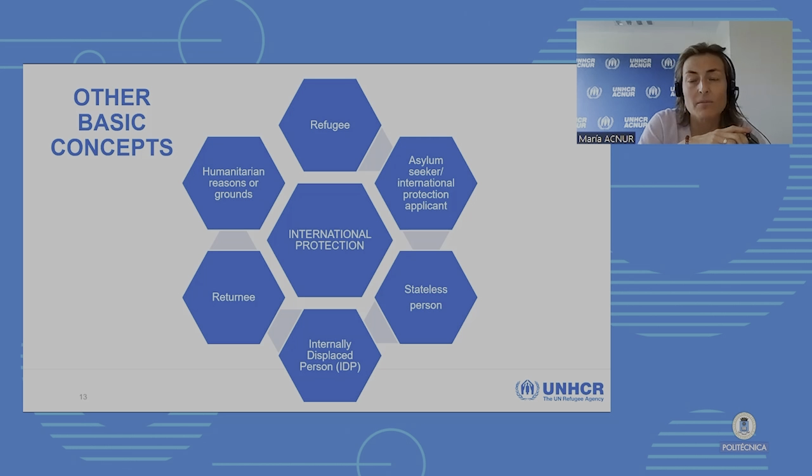So if the father, for instance, is no longer there, is absent, and it's only the mother with the child, and the mother cannot prove in any way that the child is a child of a national of that country, then that child would become stateless. And that's very frequent in refugee situations, that because of the nationality laws, a refugee population starts to also become a stateless population in the second generations.